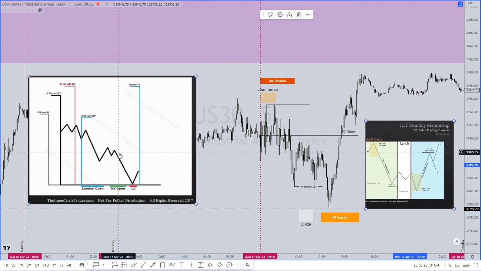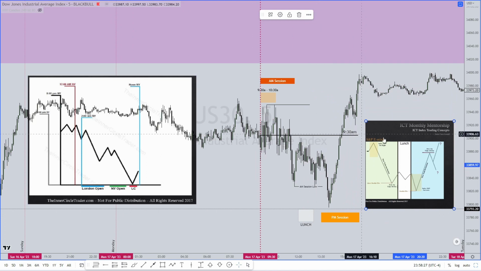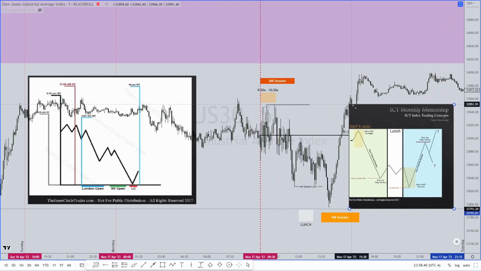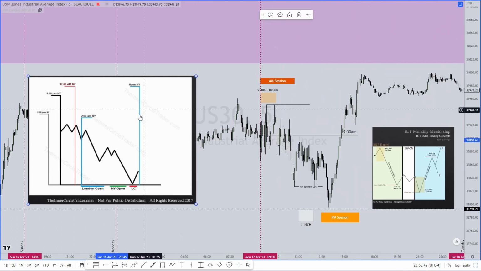So pairing this profile with a rundown and this profile with a rundown, what happens after lunch? So lunch is assumed between noon and 1. So everything on the right of this profile is where we're kicking into. But we need to tie in some higher time frame narrative. So when price is running down,